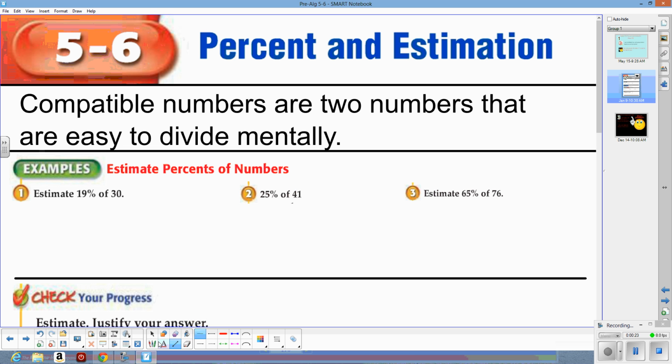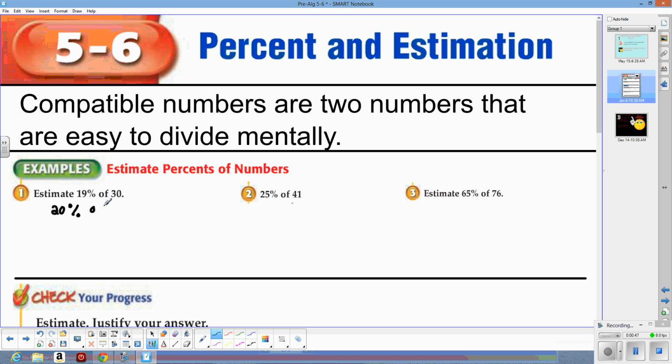In our first example, it says estimate percents of numbers. We're going to estimate 19% of 30. 19% is about 20%, and 20% is 1/5. So we're going to go ahead and write 20%